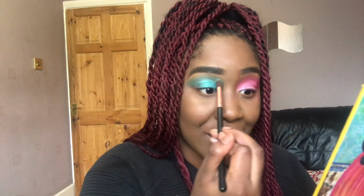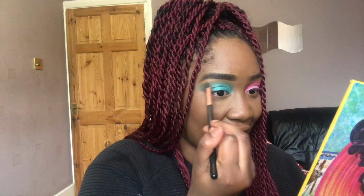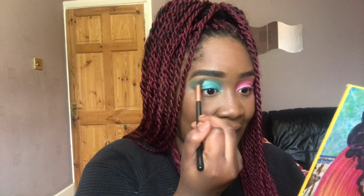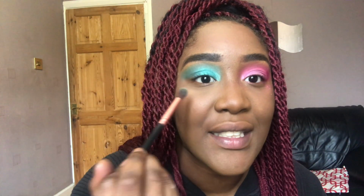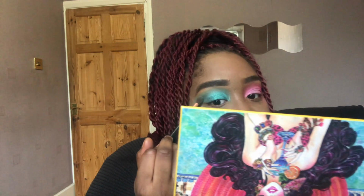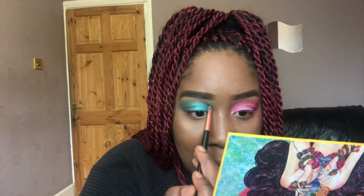So if you guys watched my drag series, it was a while ago, I did basically this look but drag for Naomi Smalls, and the same exact thing happened. Like, there's just no structure to this side, and there's so much structure on that side, and it annoys us. I'm going to go in with the concealer brush and just